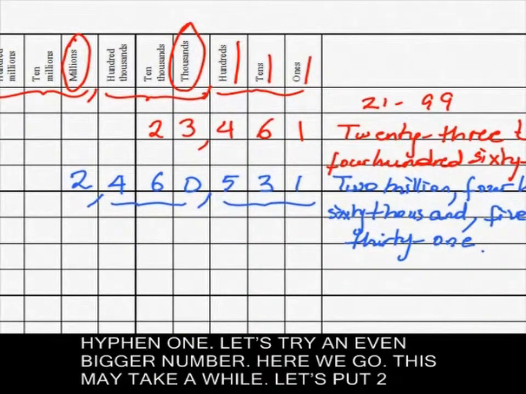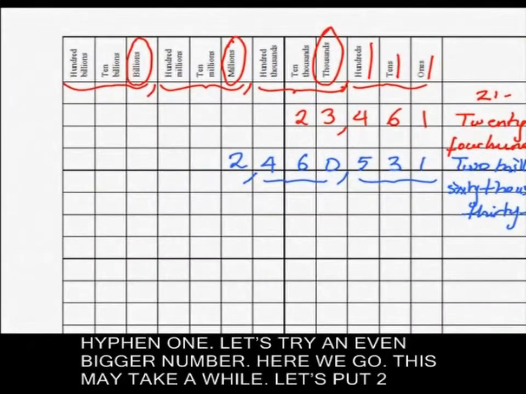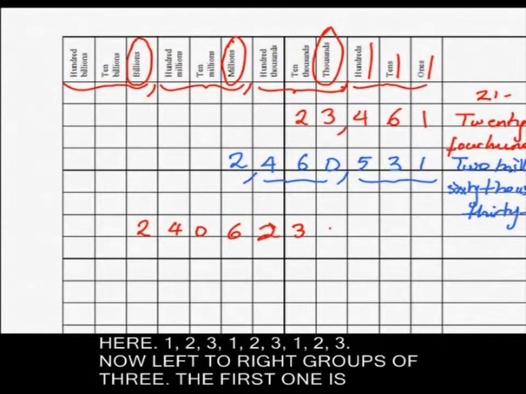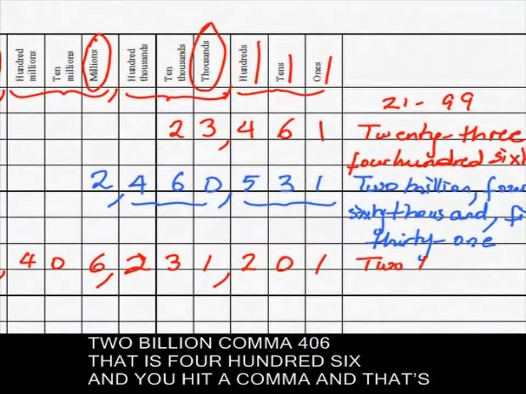Let's try an even bigger number. Here we go. And this may take a while. Let's put 2 here. 1, 2, 3, 1, 2, 3, 1, 2, 3. Now, left to right, groups of 3. The first one is 2 billion,